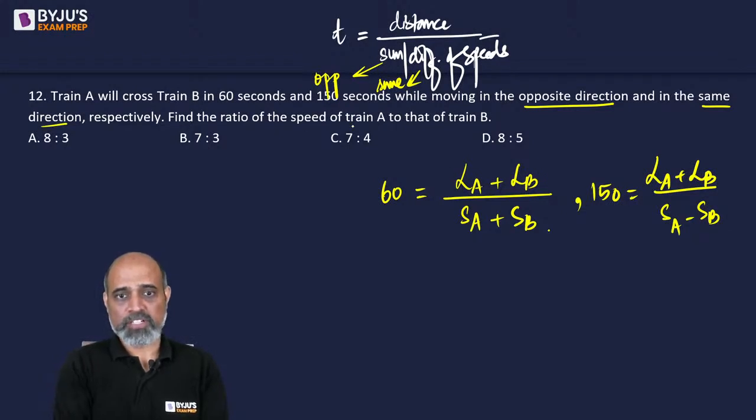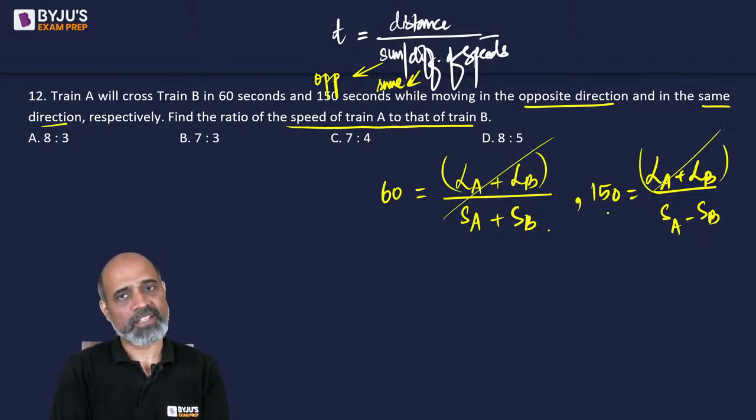We need to find out the speeds का ratio, no? So we need to get rid of LA and LB. So the best way to get rid of LA and LB is divide them, right? So we will have